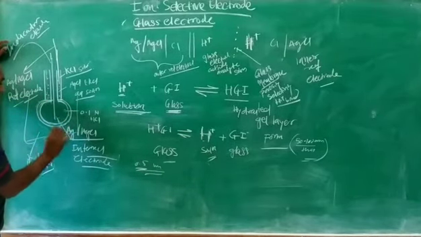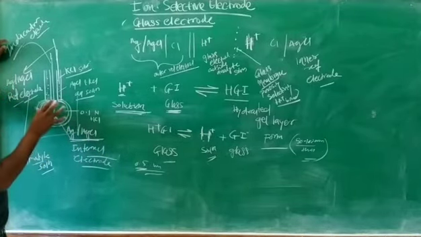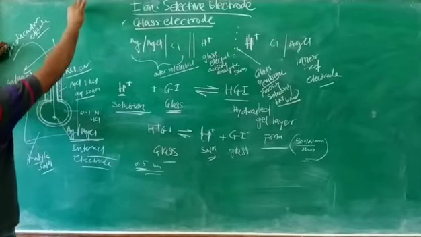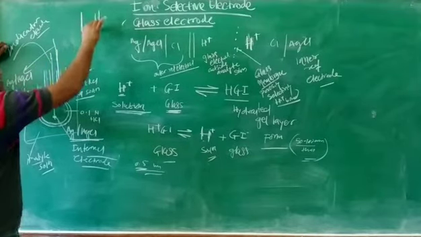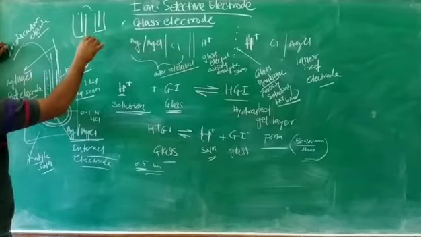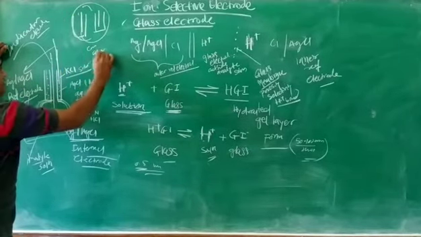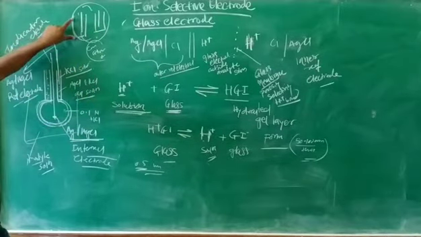Here we see the internal AgAgCl as the internal electrode. This is the combined glass electrode. If we use separate glass electrodes, one is the calomel electrode as a reference electrode and one is the internal electrode. Two electrodes we dip in the solution, then we measure the pH. But in modern ones, the two electrodes are in combined form. Generally, we use this glass electrode.